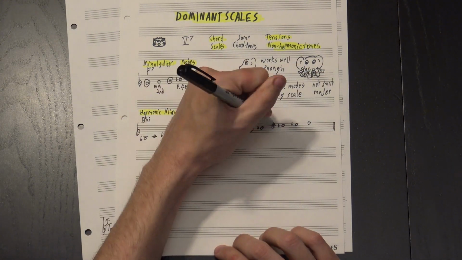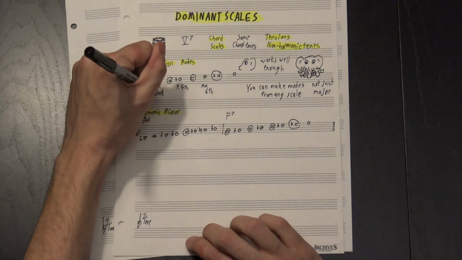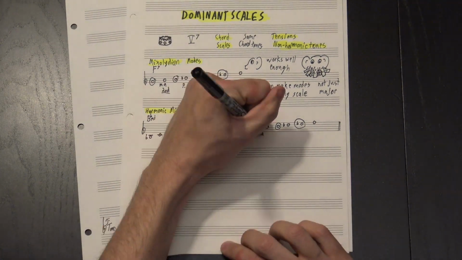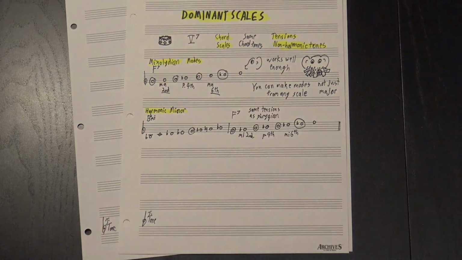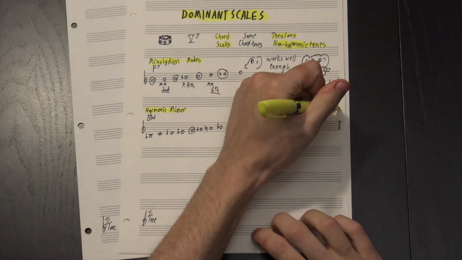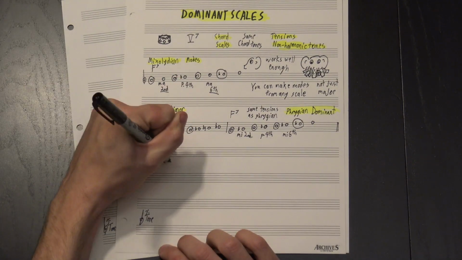This also contains a dominant 7th chord, but where before we had major 2nds and 6ths, here we have flat ones. This gives us the same tensions as we'd get in the Phrygian mode, which is why this scale is often called Phrygian dominant. You can also do this with melodic minor